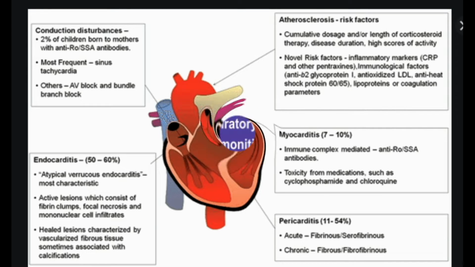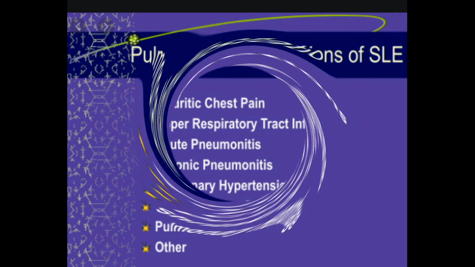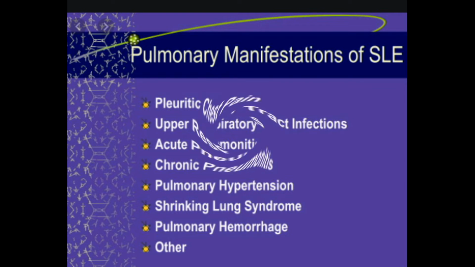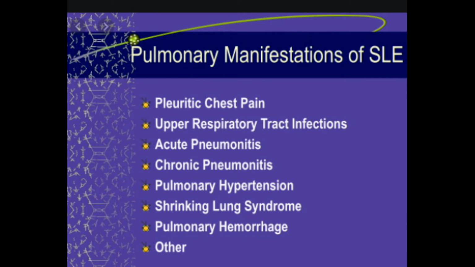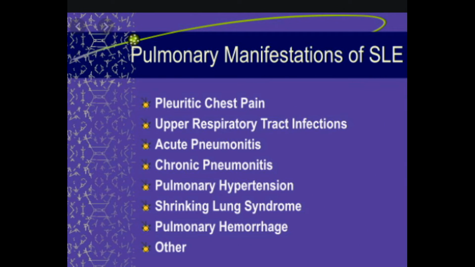5. Lung manifestations of SLE. 1. SLE can cause pleuritic pain. 2. Inflammation of the pleurae, known as pleurisy, which can rarely give rise to shrinking lung syndrome, involving a reduced lung volume. 3. Pneumonitis. 4. Chronic diffuse interstitial lung disease. 5. Pulmonary hypertension. 6. Pulmonary emboli. 7. Pulmonary hemorrhage. 8. Inflammation of the lining of the lungs,